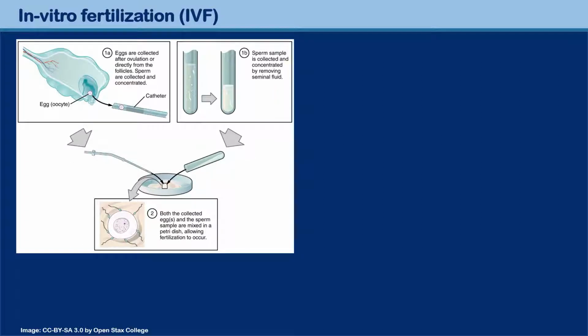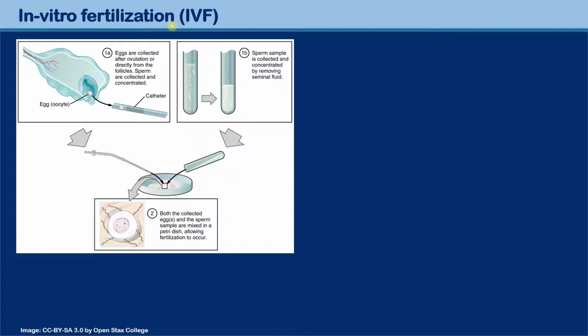Normally, fertilization takes place, of course, inside the woman's body, where the egg cell and the sperm cell come together, and then the sperm cell fertilizes the egg cell to form a zygote. However, in the 1970s, the technique called in vitro fertilization was developed, and here the egg cell and the sperm